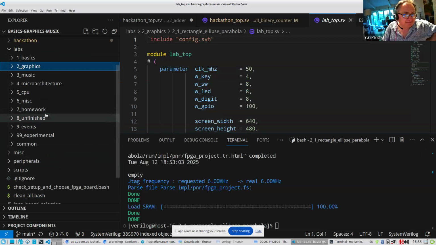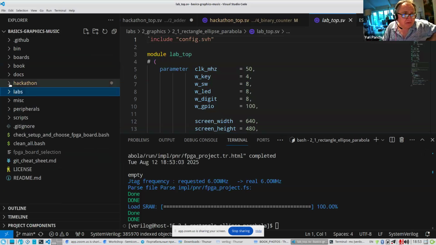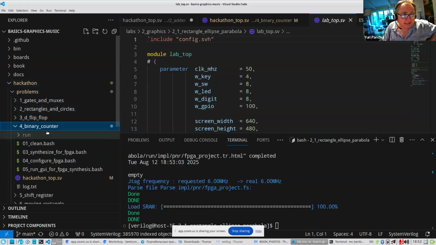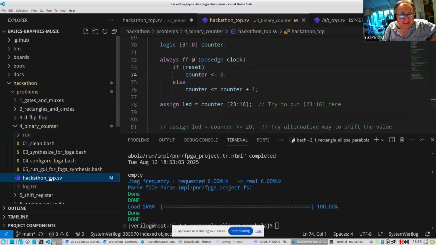If you go back to hackathon, and go back to binary counter, let's modify this example to display something on the screen.